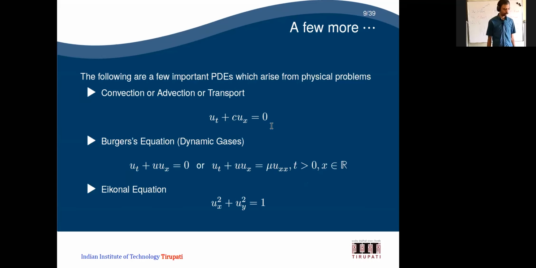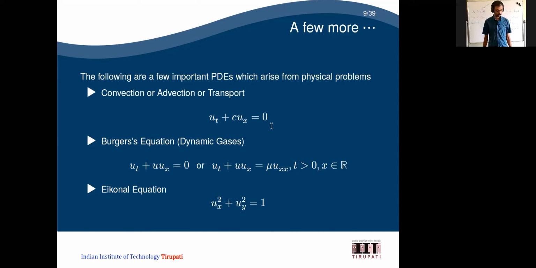So you can see what the acoustic wave equation is. These are some examples. Then another important PDE is the convection or transport equation, which is u_t plus c u_x equal to 0. The same thing, if you say Burgers' equation, instead of c it is u. In the first two equations c is constant, whereas in the second one c is going to be u, so u_t plus u u_x equal to 0 is nothing but Burgers' equation.